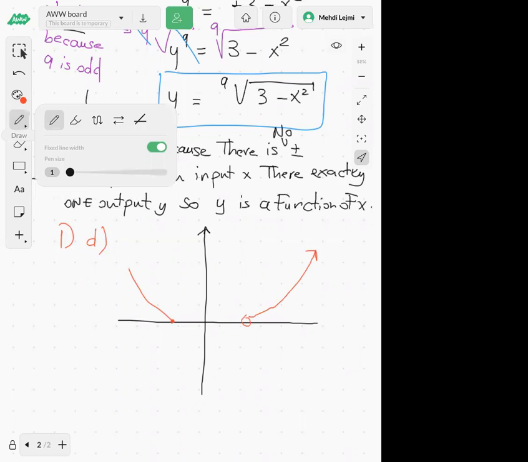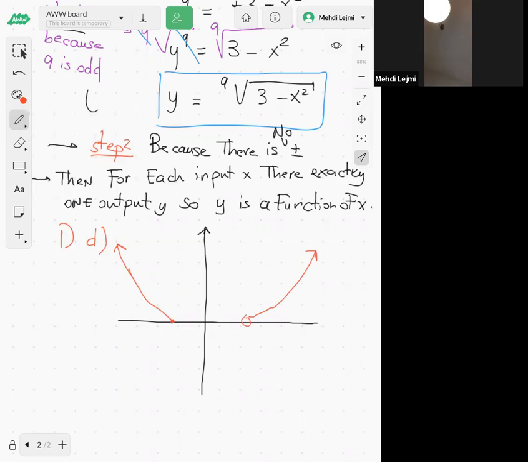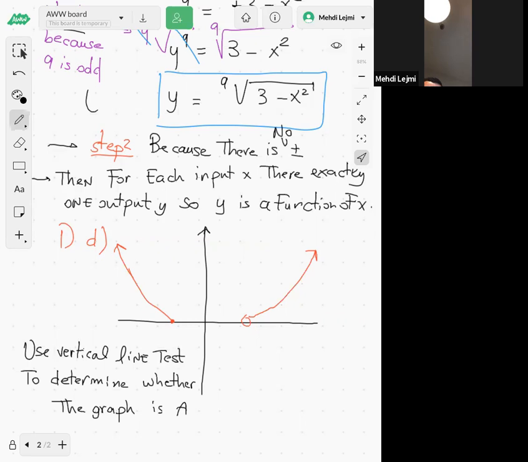It would always just intersect in one point. Yeah, absolutely. So all you have to do, guys, is use the vertical line test to determine whether the graph is a function. Yes, Ariane, yes. Whether the graph is a function. So like here, if you use the vertical line test, of course, if you take any